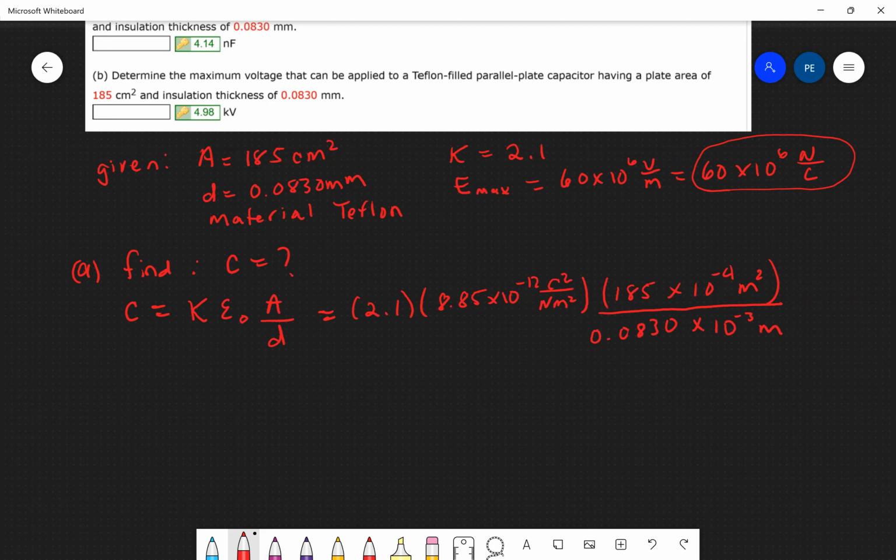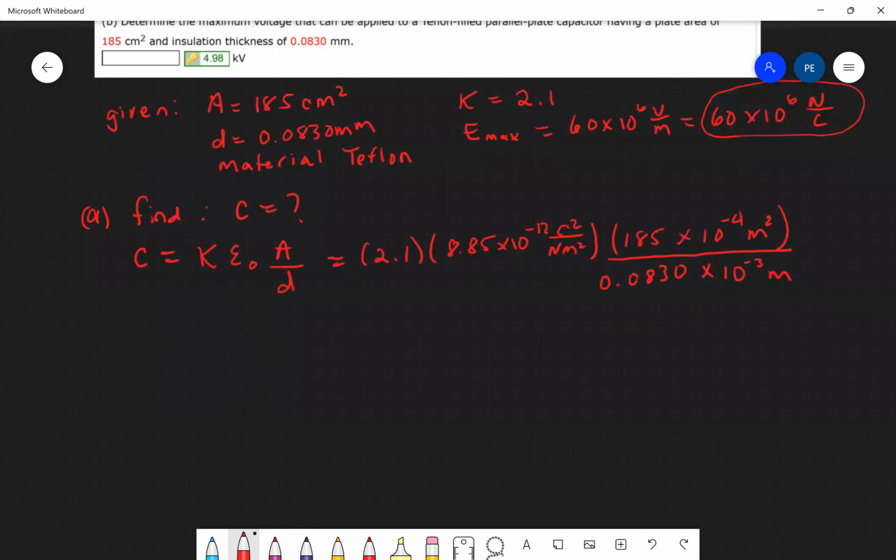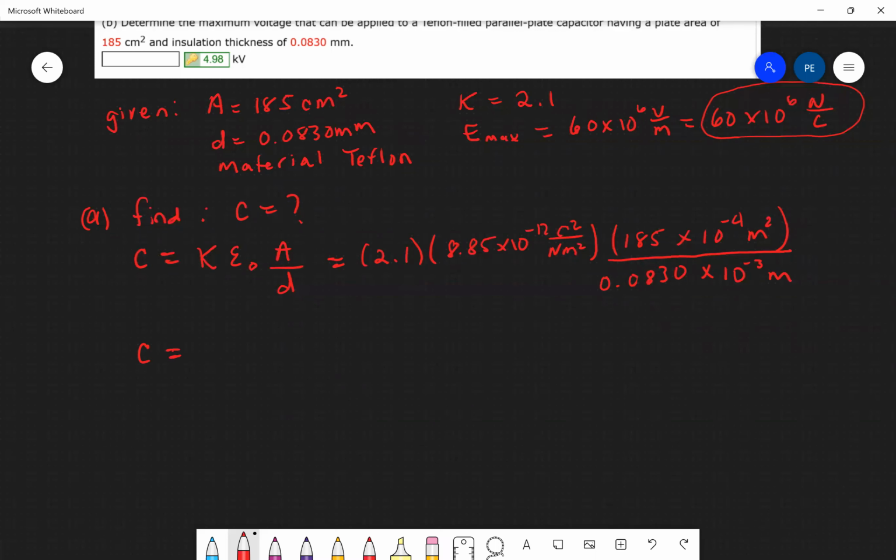That's how we want those units to be broken up. So once we do this, we calculate the capacitance. The capacitance comes out to be